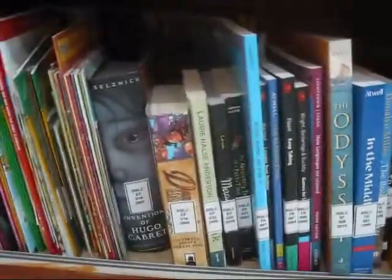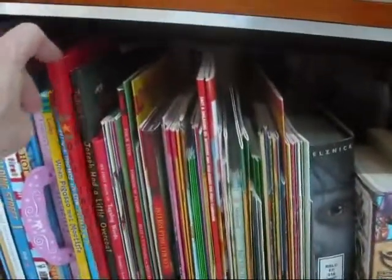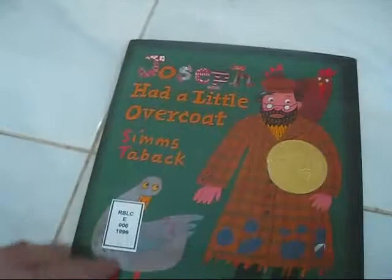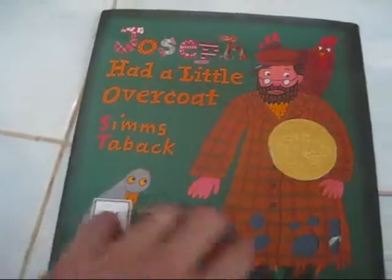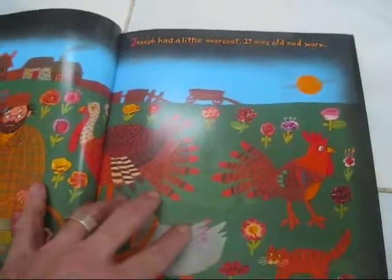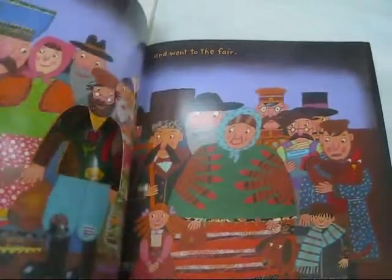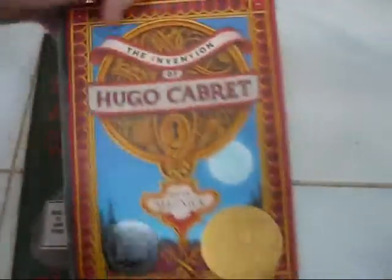Okay, here's the remainder of the collection I found down below the resource area, and I want to just show you some of the more popular books. Here's a book that's been marked as an emergent reader book with an E, and inside it's just a great visual experience for the kids. And for learners that like to see things change, these books have a lot to offer. Generally, books that have a lot of images